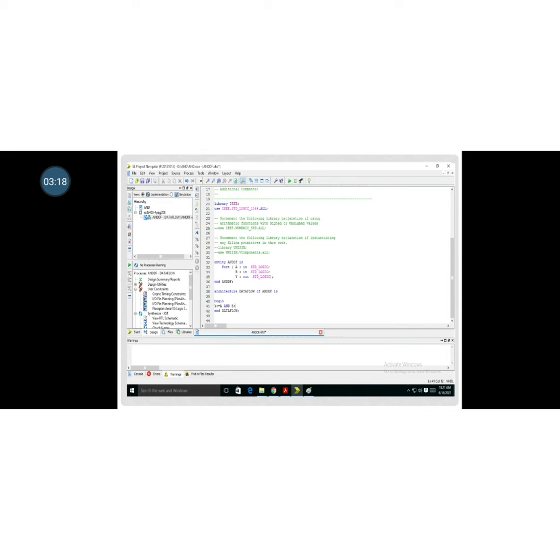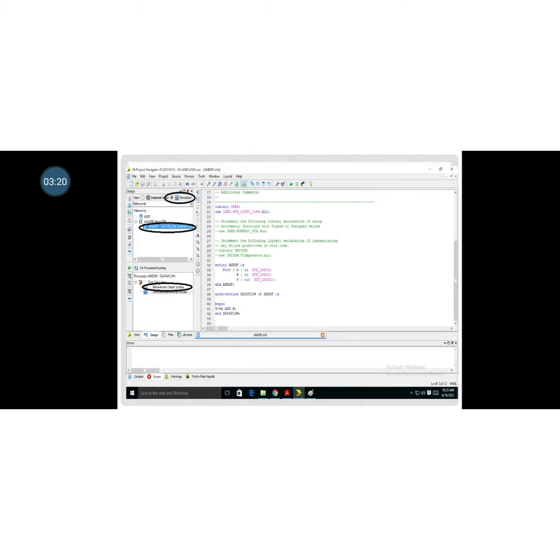Up above you can see simulation. After clicking the simulation, go to the VHDL code, and there you can do the behavioral check status. Here you can check the syntax of the behavioral model which you have written.